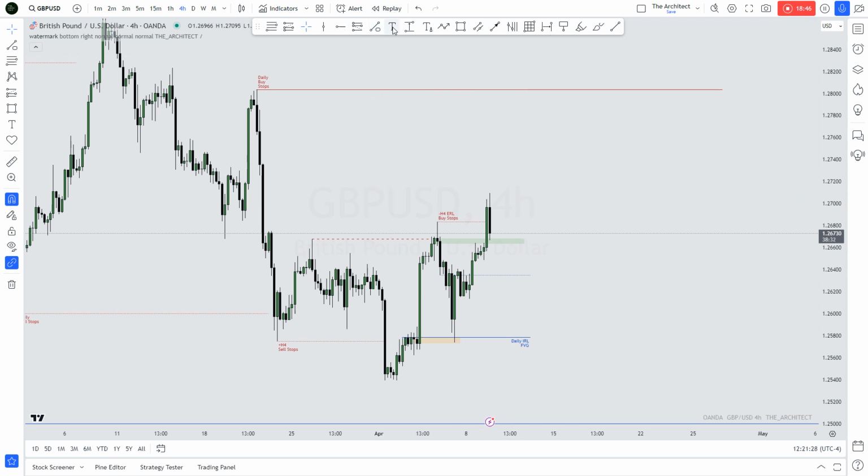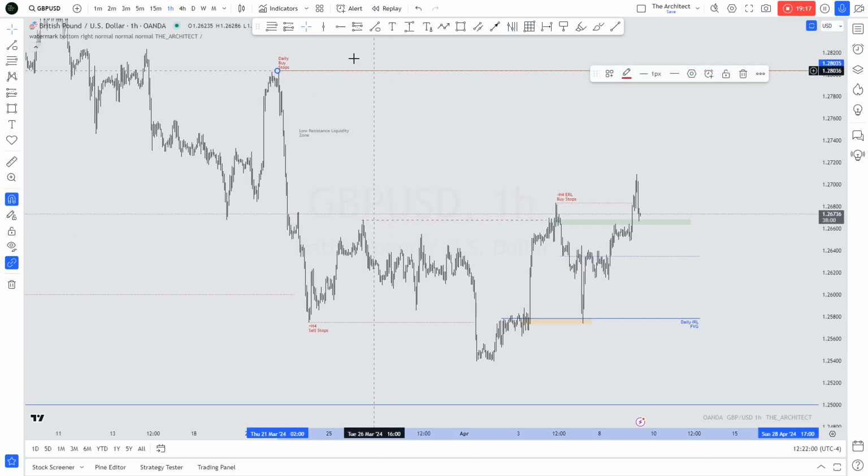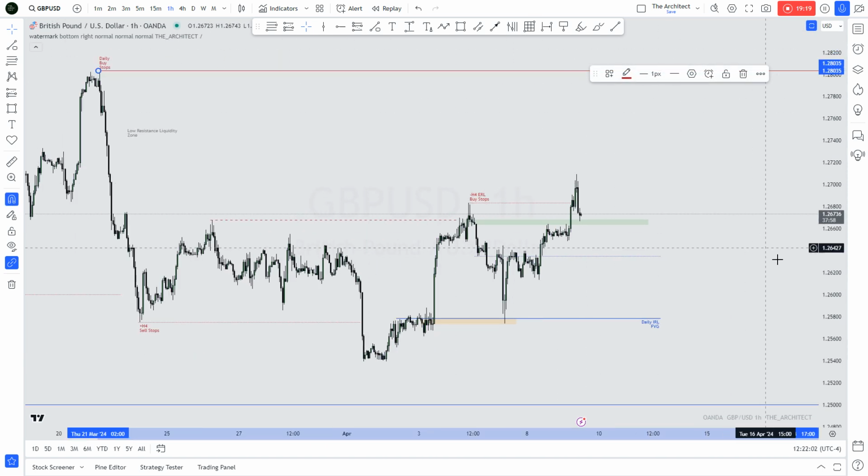But one thing is for sure, notice how after all of this move higher, we just got an extreme movement of price lower, signaling what? An inefficient price delivery. What does all of this signal? That this is a low resistance liquidity zone. Implying what? If you're going to be buying, you're going to be buying against low resistance. So this is a low resistance liquidity zone, which is very good. You want to be actively buying against low resistance. So let's go a bit faster. These are the points we'd most likely be drawing to.